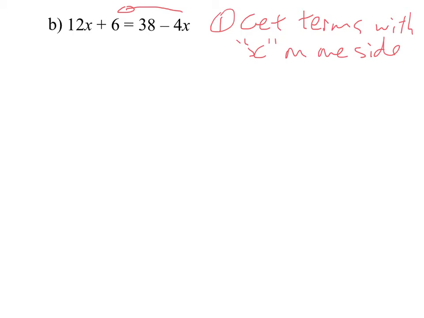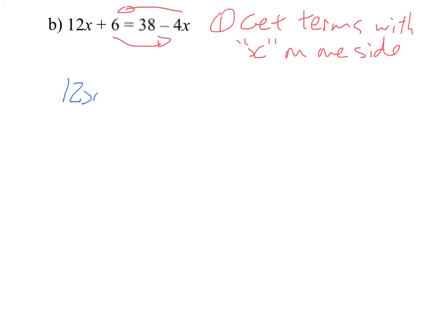So my next line, again, if you want to take that one extra step and put a plus 4x on both sides and then collect like terms, that would be fine. So I'm going to do that, and I'm also going to bring this to the other side, because we want just the x terms together. So that's like adding negative 6 to both sides to get rid of the plus 6 on the left-hand side, which would result in a negative 6 being on the other. So it's really good to get used to knowing that you're bringing a term over and its sign changes. That's probably the fastest and easiest way to look at these. So as a result, we're going to get